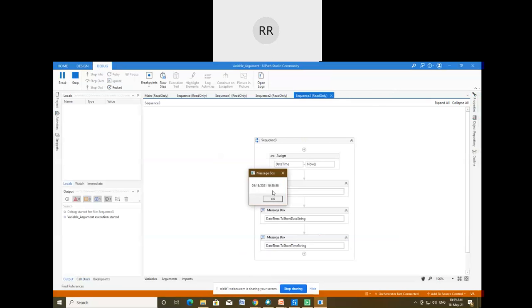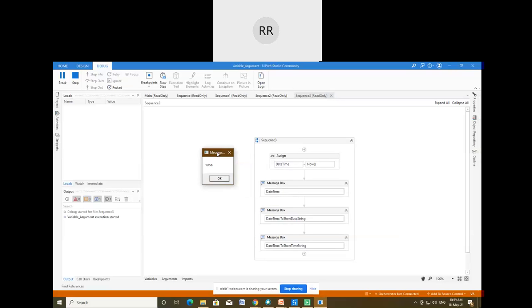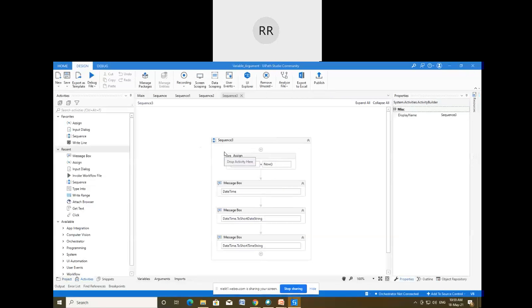here we are getting this date and time, then we are getting date with the help of second message box, and again once I press OK, we are getting the time. So you can see the time is 10:58. Okay, so this is how the now function is used to get the current date and time, and on the basis of short string we can display either the date or the time. So I think this is clear to all of you.